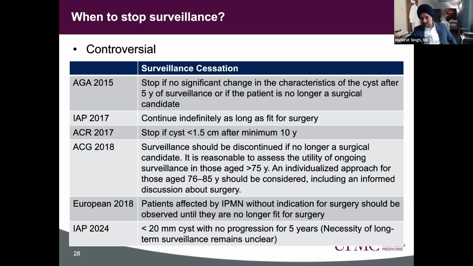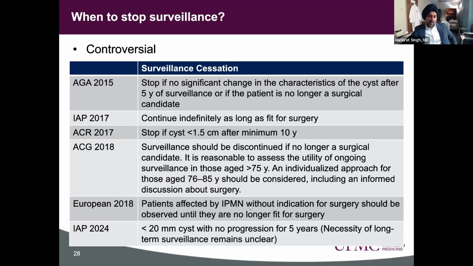So again, for patients who are 75, 80, 85, it's a discussion with the patient, telling them what is their risk of ever developing cancer, and what is the chance they will ever reach surgery. Some patients make your life easy and say, I'm 85, I may have cancer at 90, 95. I may not live that long, or I may not be a candidate for surgery, so I don't want to undergo unnecessary MRIs or CTs. And there are some patients who will tell you, hey, I would still want to know what happens to me. Do I develop a cancer or not? So it's a mixed bag, but it is reasonable to have this discussion and stop surveillance once you know somebody will not get surgery.